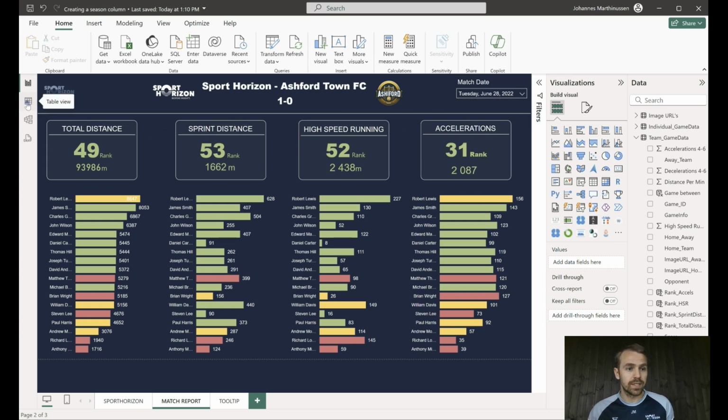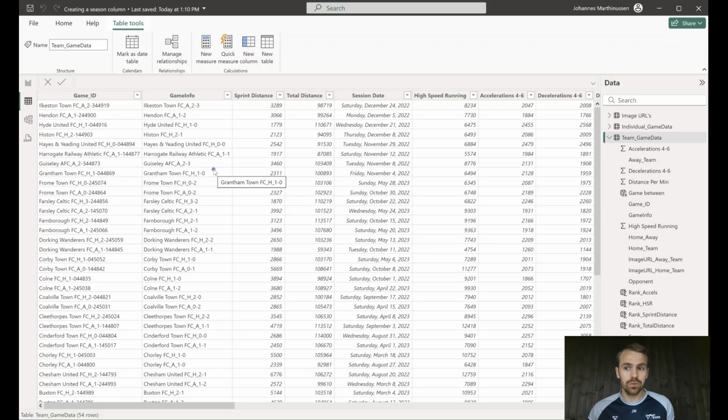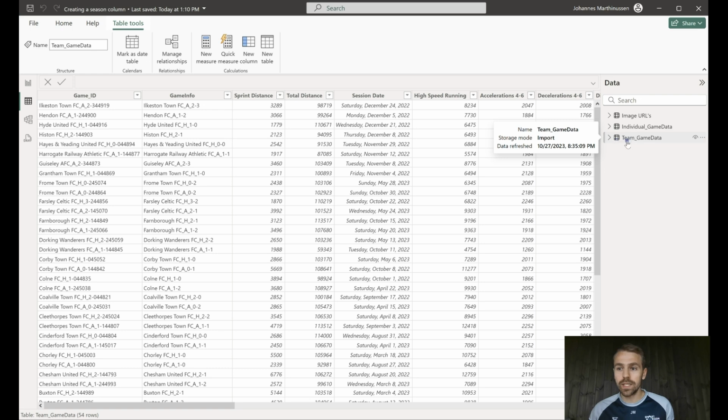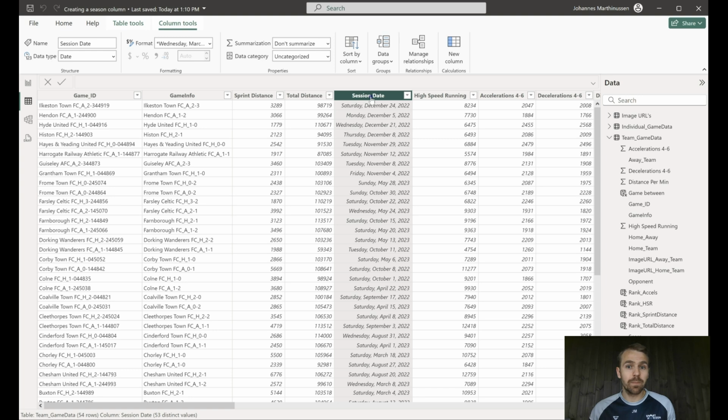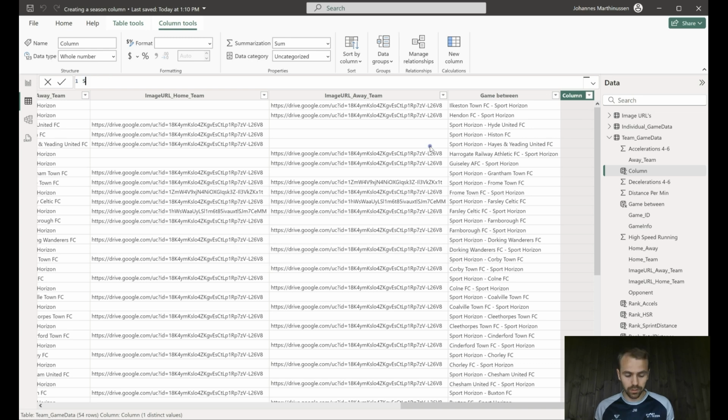If you come to the table view, we try to find the table that we're looking to create this column in, and I would like to do it in the team game data. We just need to identify what's the name of the column that we want to take the information from, and that's called session date. If we then just select new column, and we can call this one season, we can